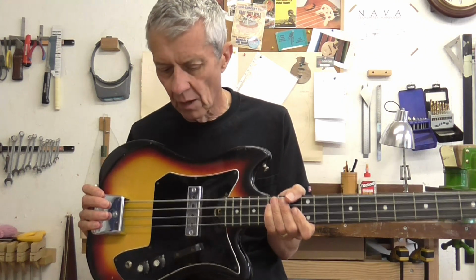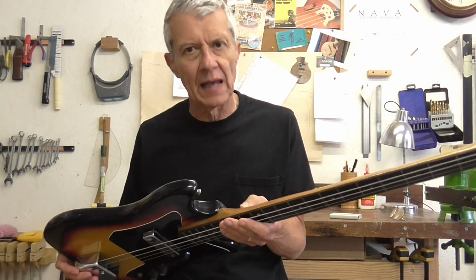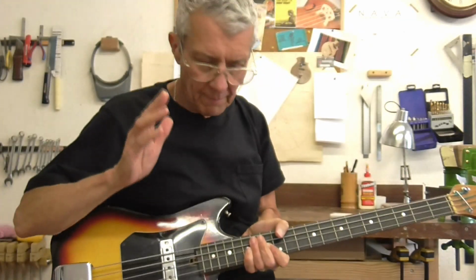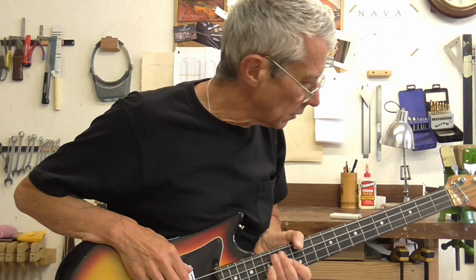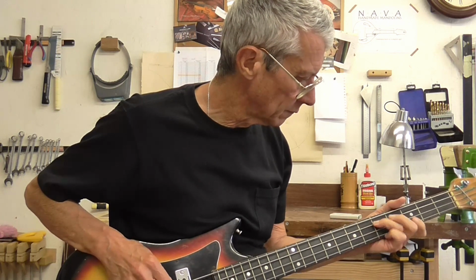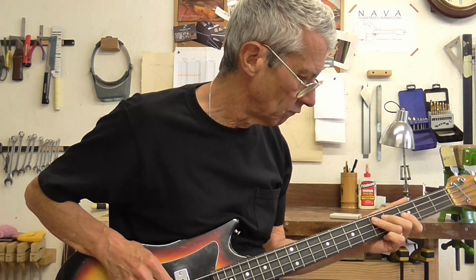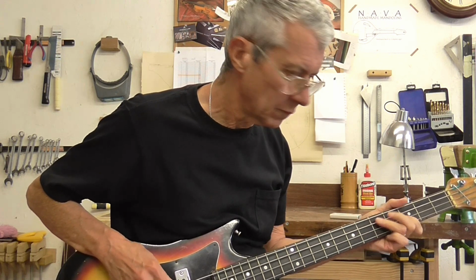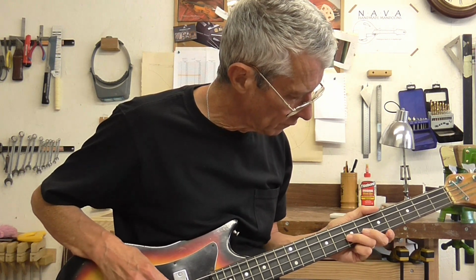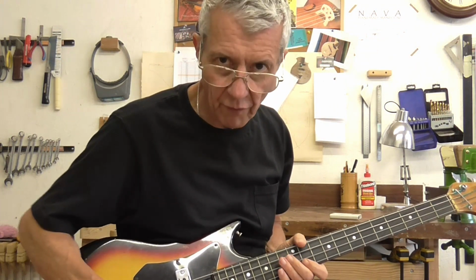However, on close examination, although all the bits are there, it does have a few issues, and let's run through those with you now. Now, when you plug it in, it really sounds very nice. So I'm really pleased with the way it sounds, but there is a fault in the wiring, because if you